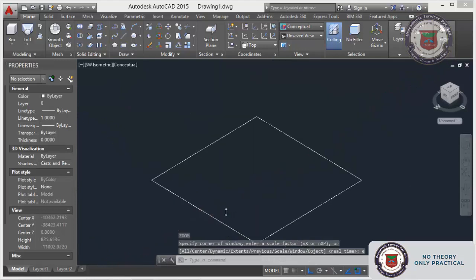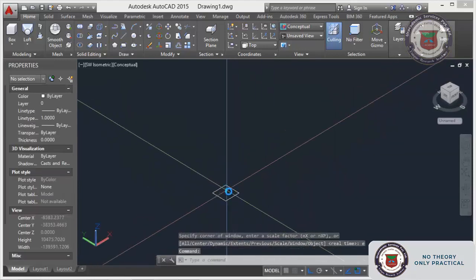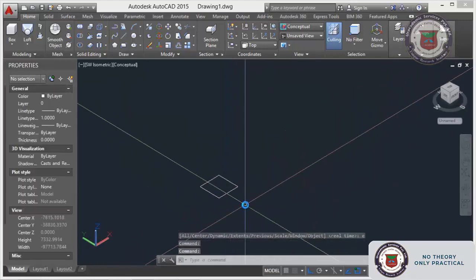From that I will create a path. Path is also the same as what we have seen in the extrusion command, but in extrusion we are having only one cross section. In loft you will have a minimum of 2 cross sections, and you can have more than that also.